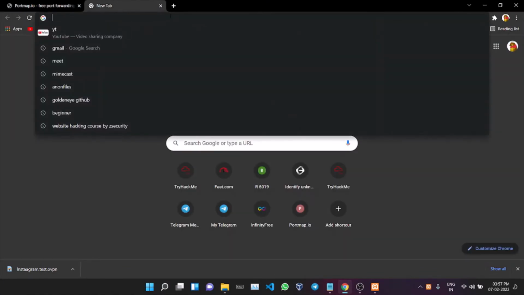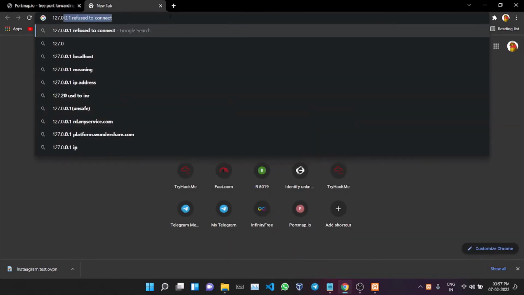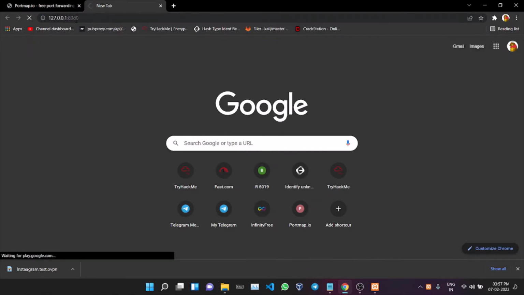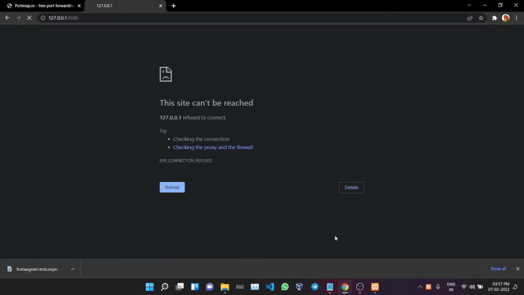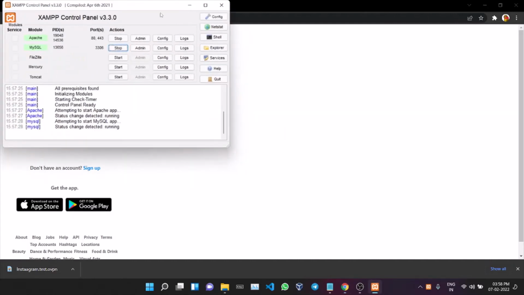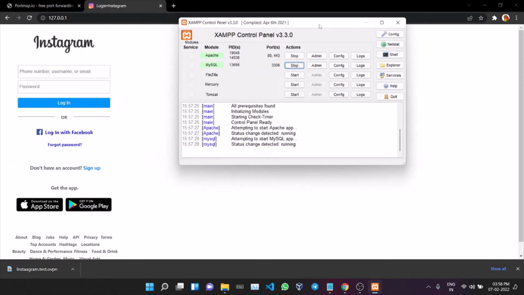So now if I go to a browser and write this URL, and after a colon you put the port. So if I do enter, maybe I should do it on port 80. Okay, so this is not a phishing page. Let me tell you this because YouTube may take it down. So I'm telling you that it's not a phishing page. It's a normal page. My HTTP server is running locally on my system, not on the internet.